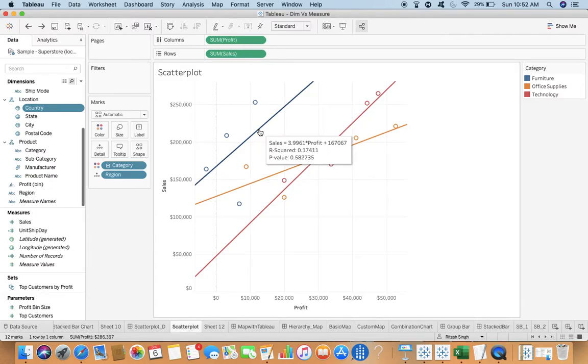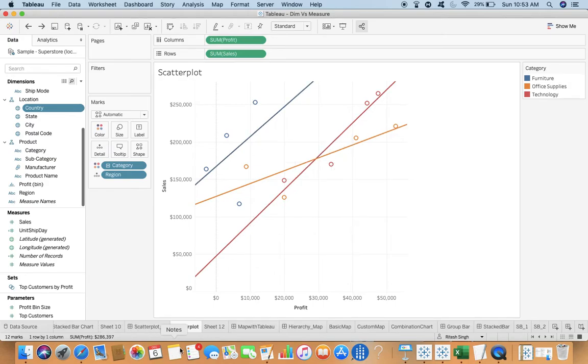When we say relationship, so I can predict sales. So if you see at the top, sales is equal to something into profit plus this thing. So if you have profit with you, you can predict sales. At any point across the axis, if you have profit, you can predict the sales. Just remember that it's not that straightforward. The R squared value and P value will determine the accuracy of your line, right? That is not part of this very particular lecture, but it's not that straightforward. But this is the way.